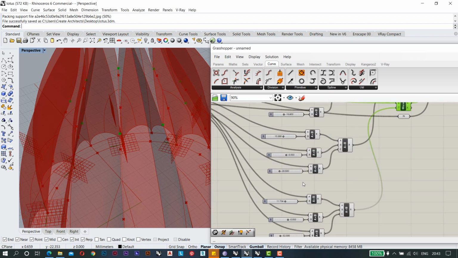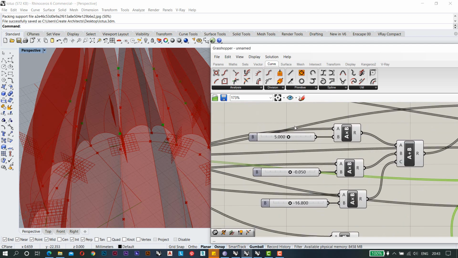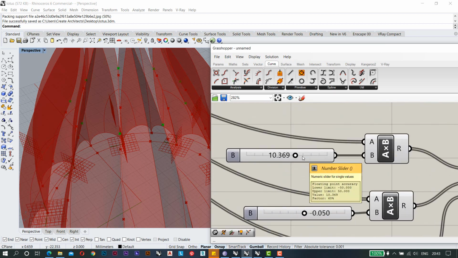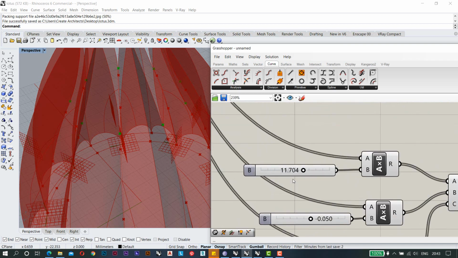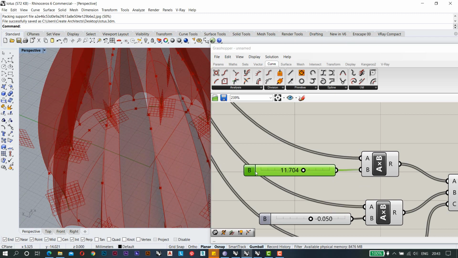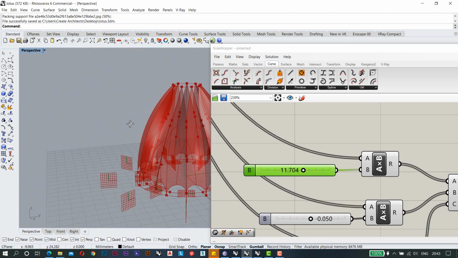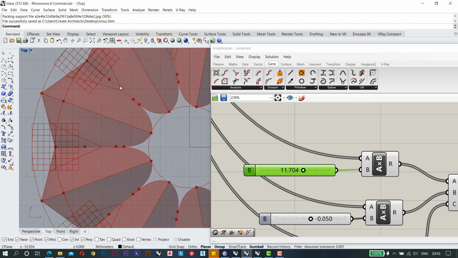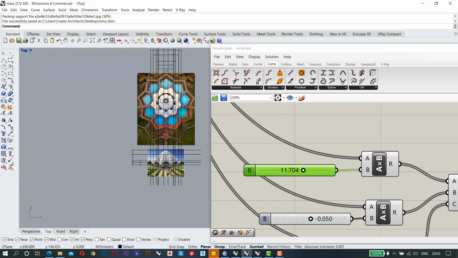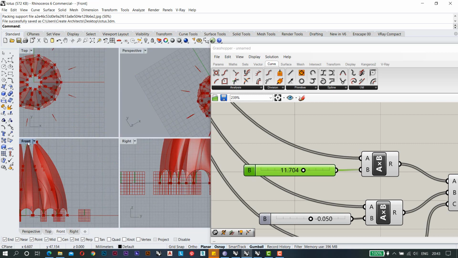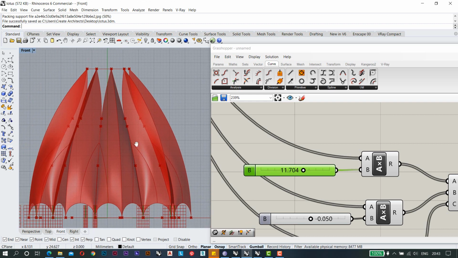So basically this will be 10. Yeah, I just need to change one of the values, so this should be 11.7. So it will make the same kind of thing for you. So you can see it in the plan, it is demonstrating in the same way as it is there, and in the elevation it is going to be the same thing.